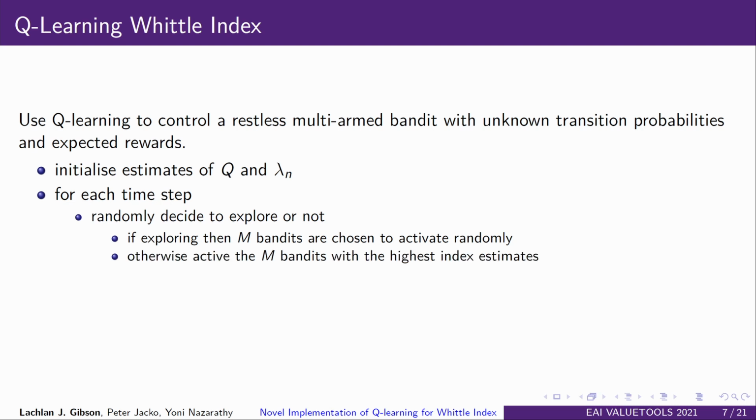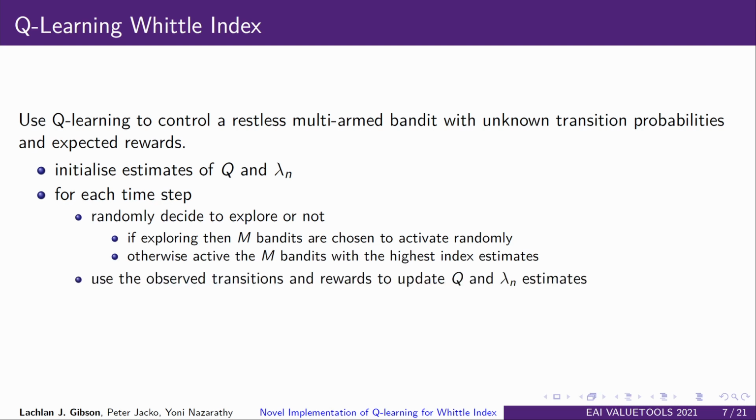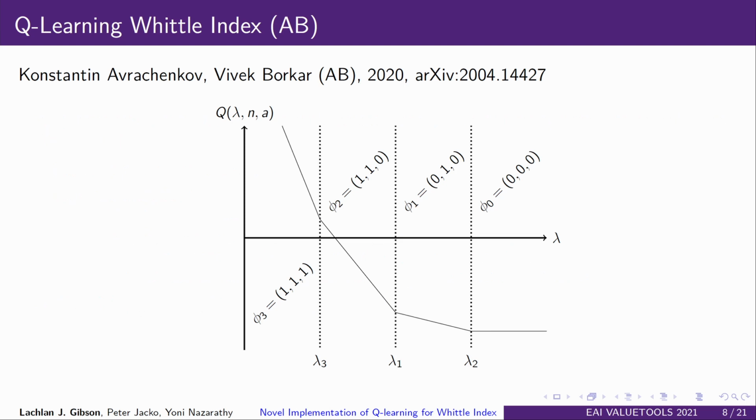Otherwise, the controller activates the M projects with the highest index estimates. This leads to new observed transitions and rewards for all projects, which can be used to update Q values and Whittle index estimates in the subproblem. Under appropriate assumptions, the Q values and index estimates should converge over time, so the controller policy converges to the Whittle index policy. Avrachenkov and Borkar recently published an implementation of this kind of algorithm and proved it did indeed